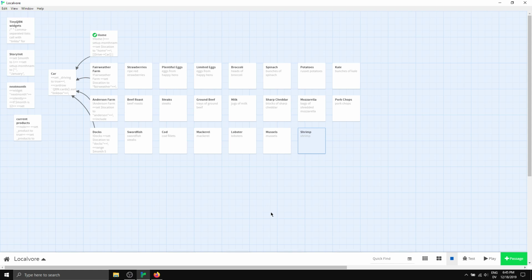So far, we have used exclusively sticky cards to represent physical objects and locations, but for pieces of story, you'll more typically use single-use cards so you don't show individual stories more than once. Let's do some of that. We'll add some flavor text about what other customers are doing. As with the current product listing, we'll reuse the code for all the businesses. So we're going to create a passage,